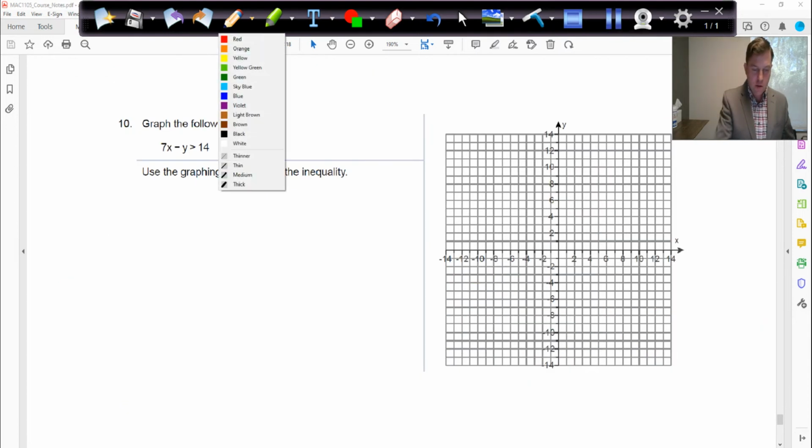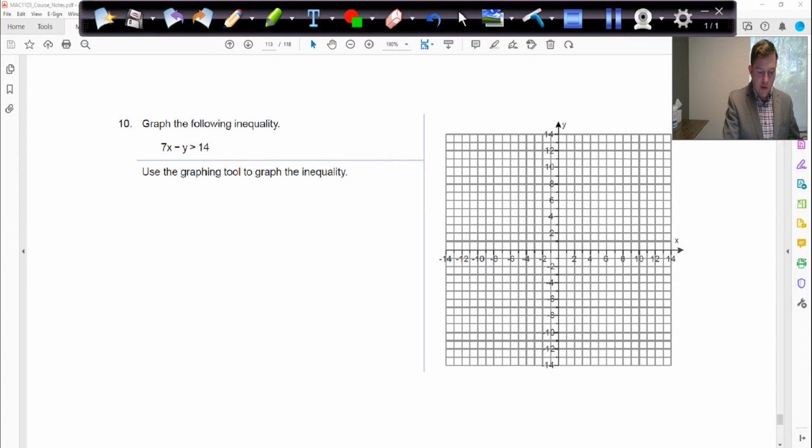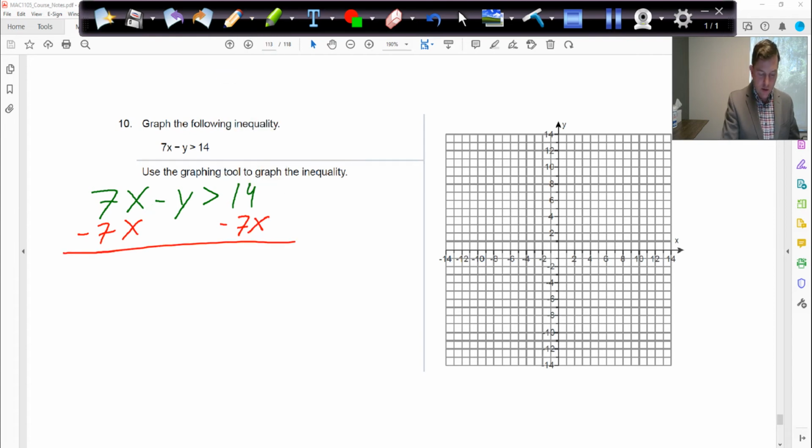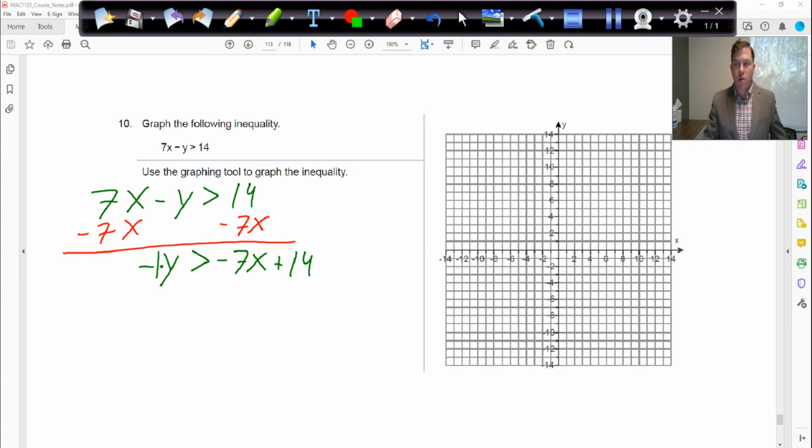Okay, so number 10. No different. We have to just move stuff around. So we have 7x minus y is now bigger than 14. And we're going to start by subtracting 7x from both sides. The 7x's cancel. Minus y drops down. Greater than symbol. Write the minus 7x first. Plus 14. Now this is really minus 1 times y here. So to undo that multiplication, we are going to divide. So divide by minus 1, divide by minus 1, divide by minus 1. We will get,